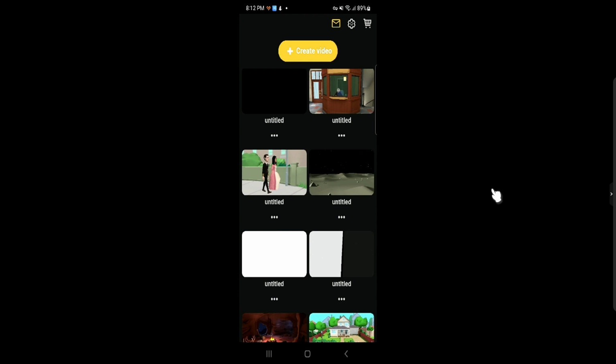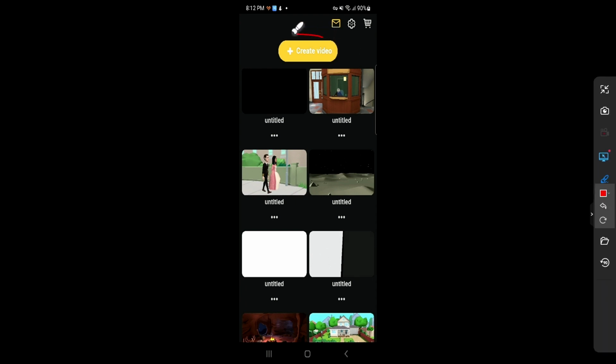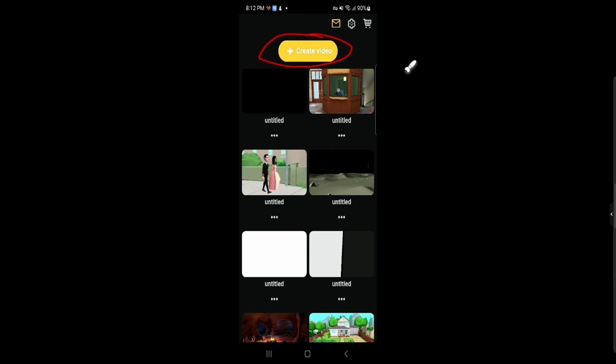You can get it on iOS or on Android. So the first thing you have to do is download the software, and then after that you can create the video by clicking create video,